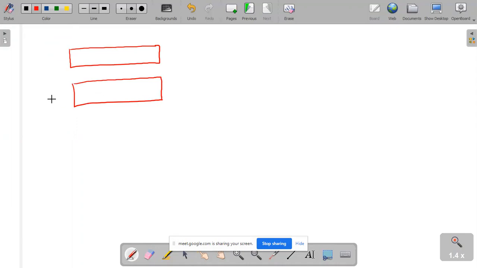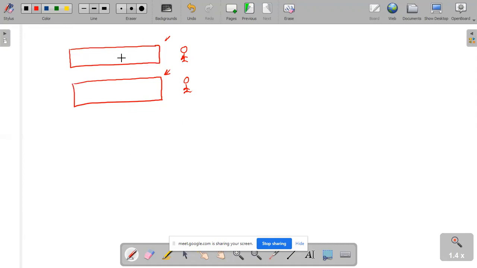Let's assume this is the counter. To represent the front of the queue, I always use this notation, or some people do it like this also, whatever is convenient for you. Whatever is removed will be removed from this side, and what is added will be added from this side. This is a very simple implementation of a queue.